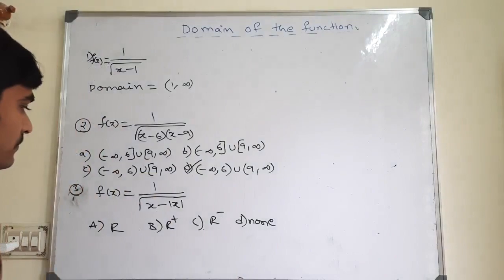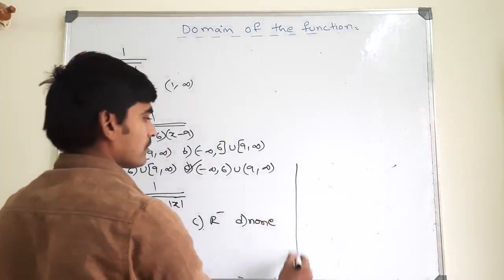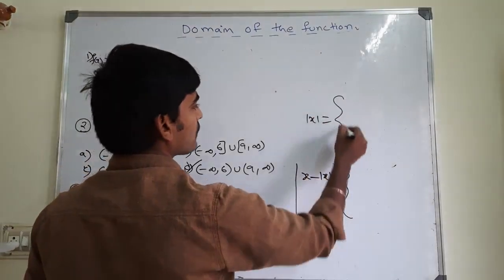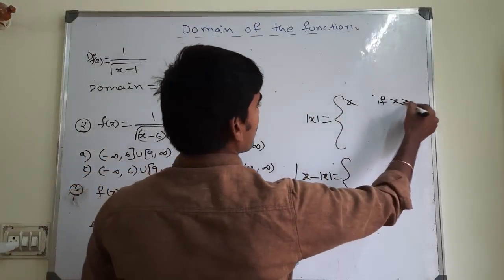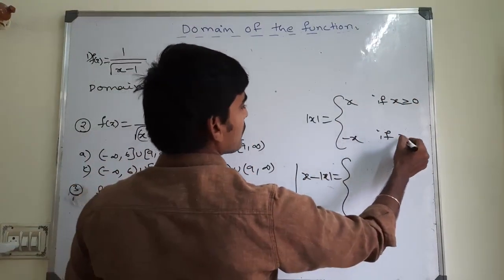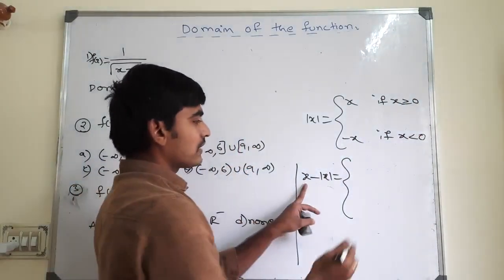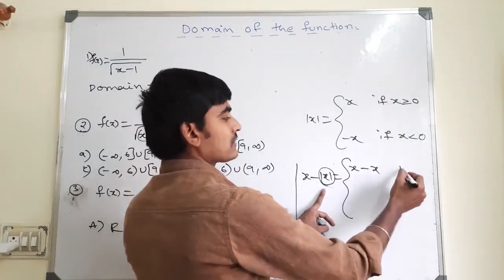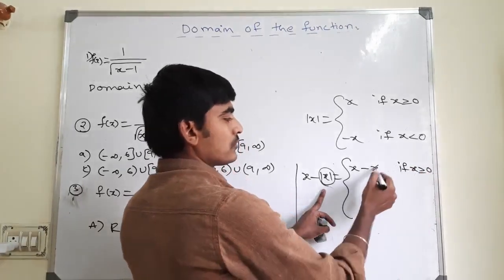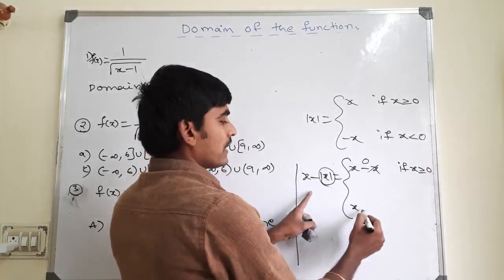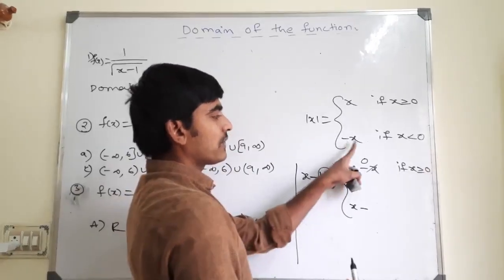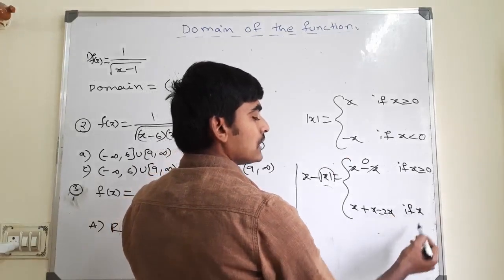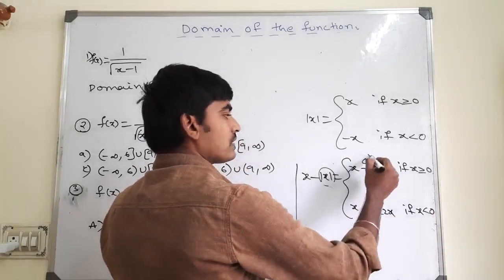So last question. X minus mod x. Basically I know the mod x definition: plus x if x is greater than or equal to 0, minus x if x is less than 0. Let me take that now. X minus mod x. Mod x place I am taking plus x when x is greater than or equal to 0. So cancel, 0. Take x minus mod x place you take minus x: x minus of minus x. It is going to become 2x, in which situation? If x is less than 0. So overall this result is 0, and this result is 2x.